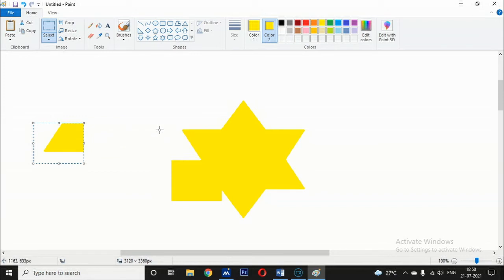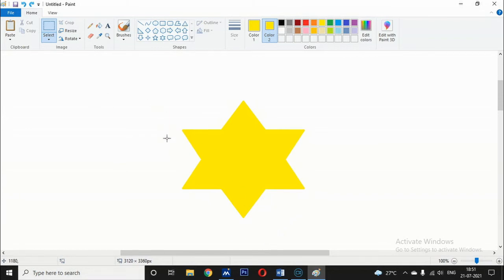Okay children, next we are going to see about copy and paste, how to copy the image and paste it into another part. The copy option is used to get a duplicate copy of an entire drawing or a part of a drawing.